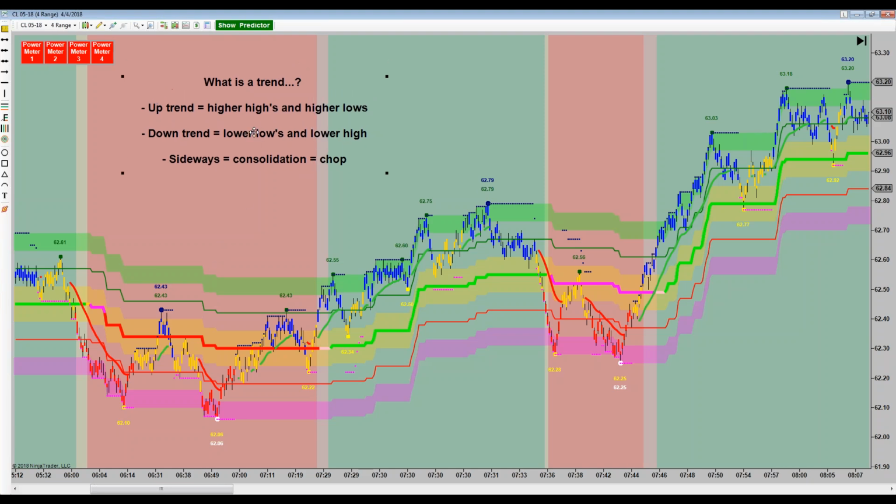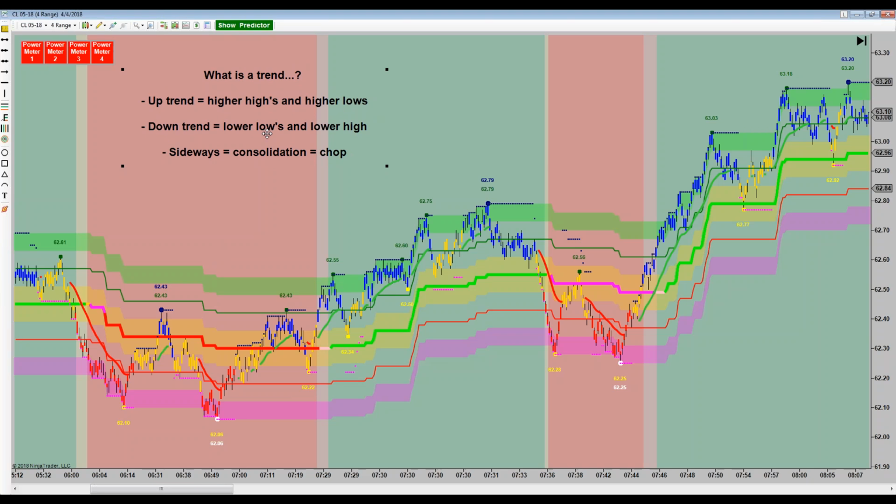Now, is it possible to have a combination of these two things at the same time? In other words, is it possible to be going up and sideways? Is that possible? Is it possible to be going down and sideways? Have you ever seen any of those conditions before? Maybe we should look for some right now. Yeah, right. The only things that I would really say are mutually exclusive would be you can't be going up and down at the same time. Yeah,